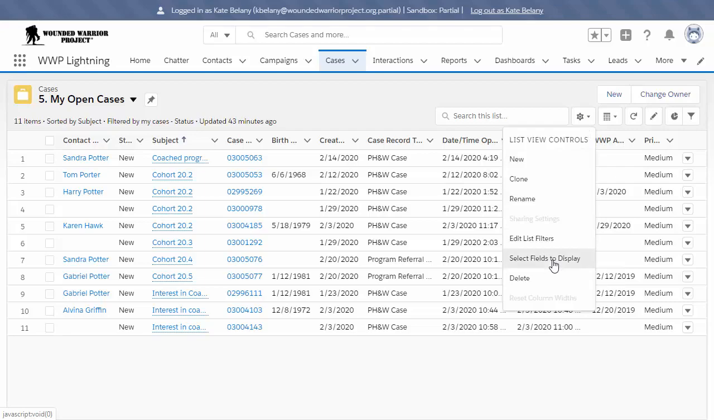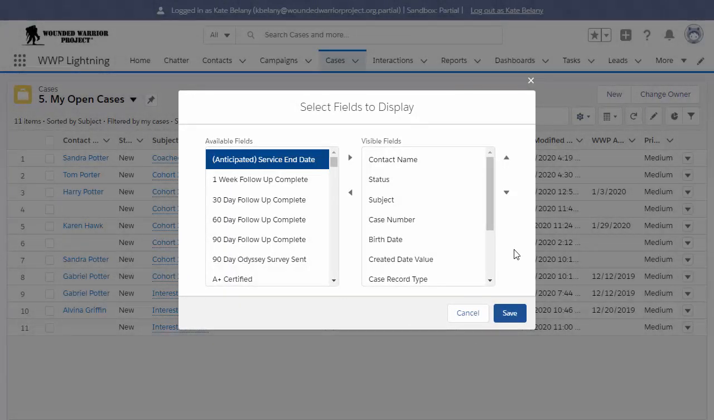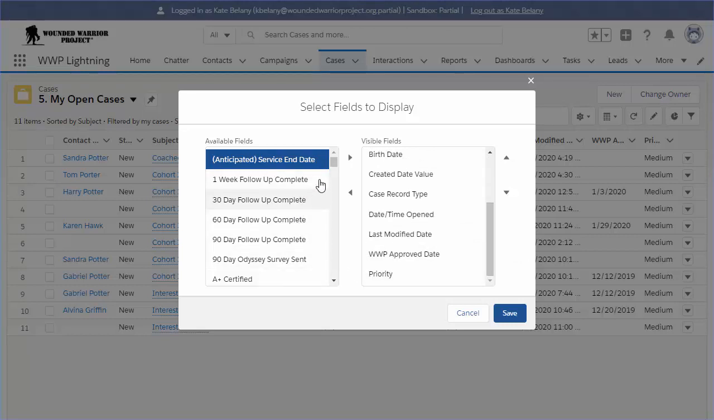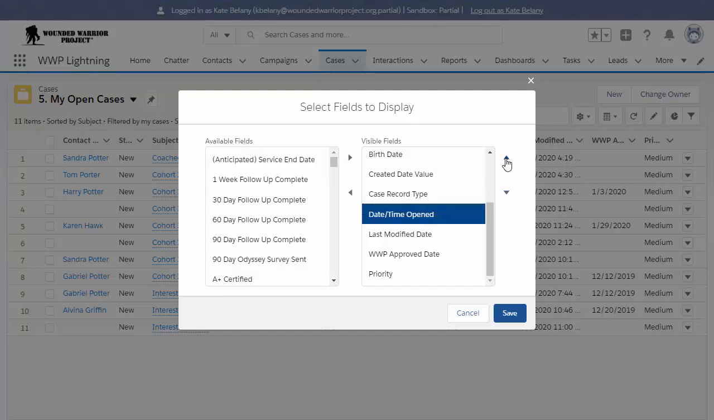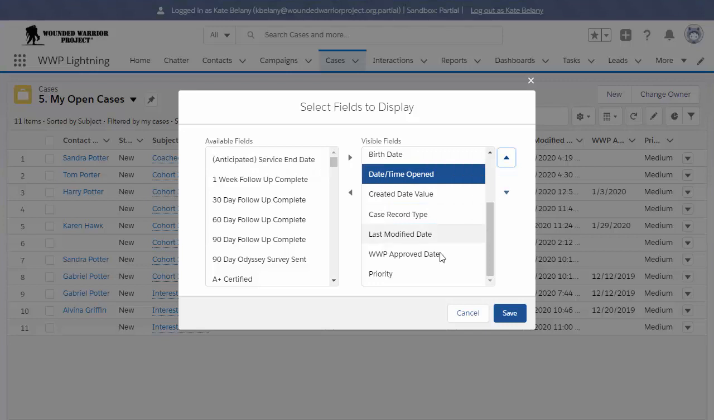You want Select Fields to Display. This right side here shows the columns already visible in the view. And then over on the left, that has all of the possible fields that you can display. You use these little arrows to change the order of the fields, which changes the order of the columns on